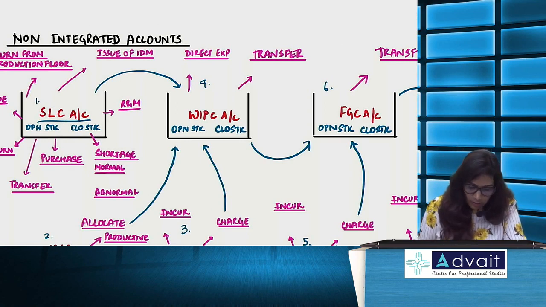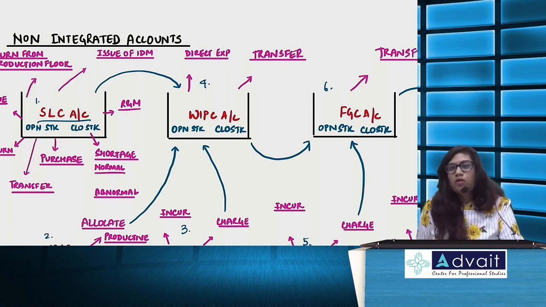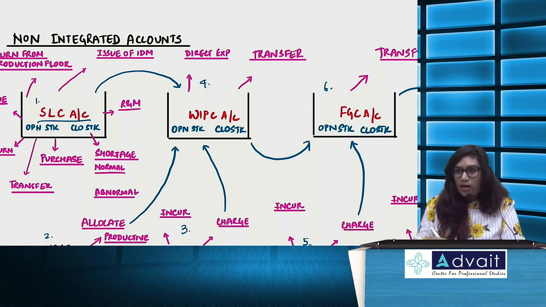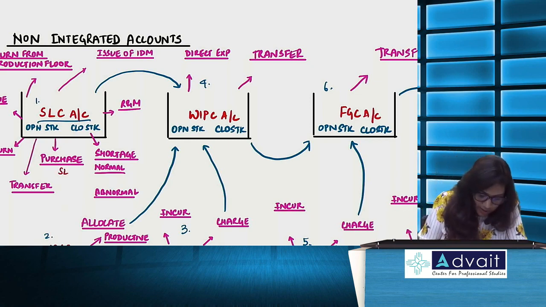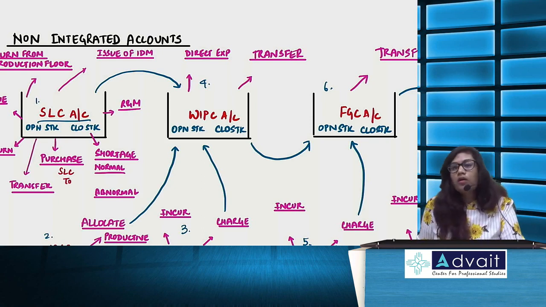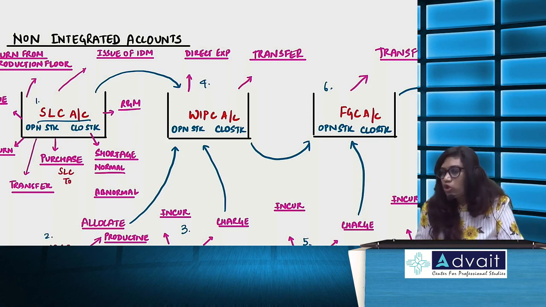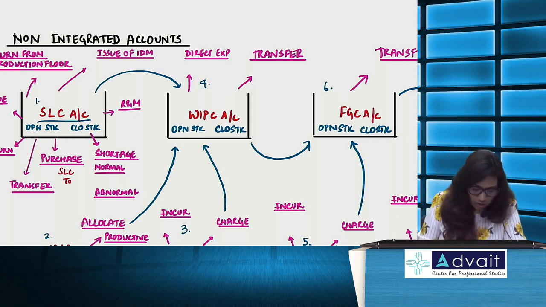Now suppose I am purchasing my raw material. What would the entry be in accounts? Purchases to cash. Correct? Here, raw material purchases will be routed via SLC. So purchases account is not there. What is there? SLC. So under purchase, write down SLC. We don't have cash account. So to complete, which account will I use? GLC account.